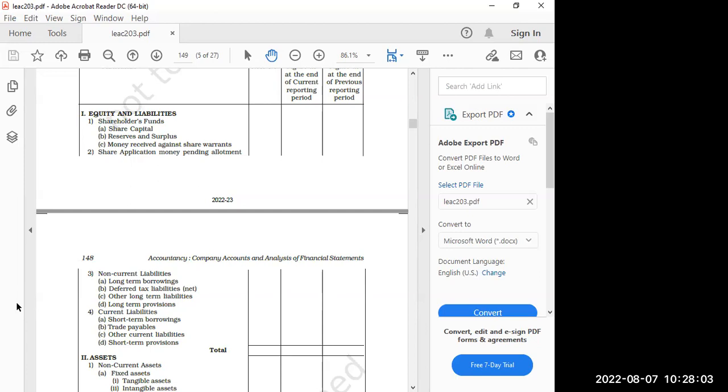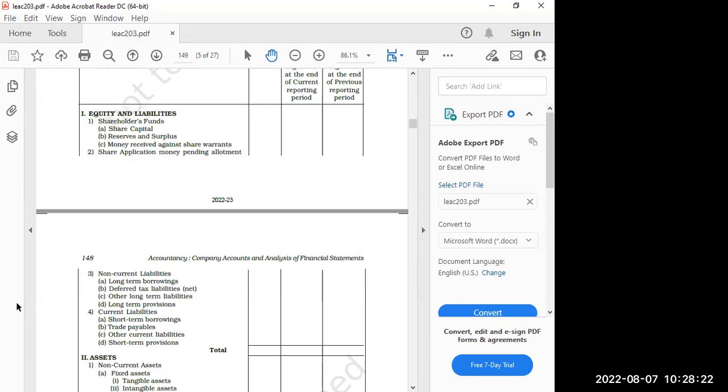Provision for bad debts. I know this person is going to default, but I'm not sure about it. I doubt. That time I will make some provision. That provision is called provision for bad and doubtful debts. If anything is there, that should come under point number D, under point number 4 in the heading called